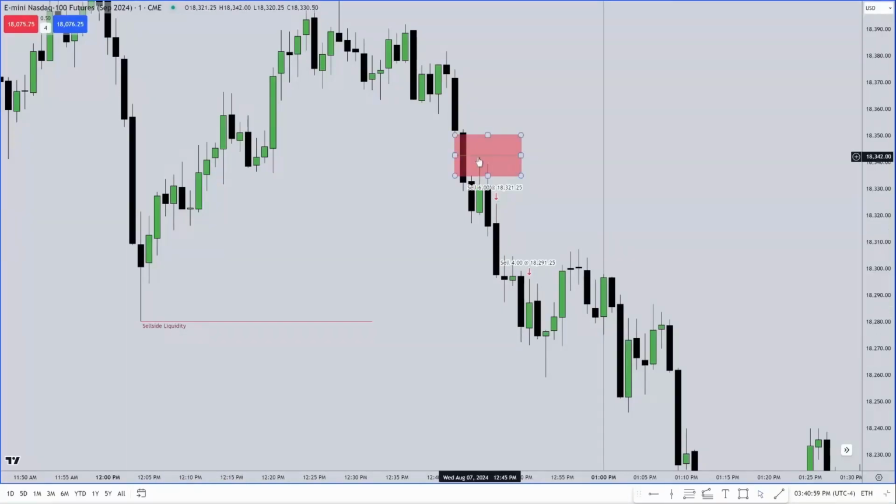The fact that we traded up here and we didn't touch the consequent encroachment of this, I like to see if there's two fair value gaps, because we have one here and one here. You have to at least anticipate that it may go up into that higher one. But if it fails at the lower one's consequent encroachment and there's a news driver coming, I have no problem, no fear of getting into the trade.